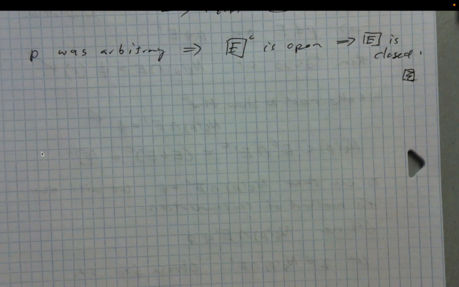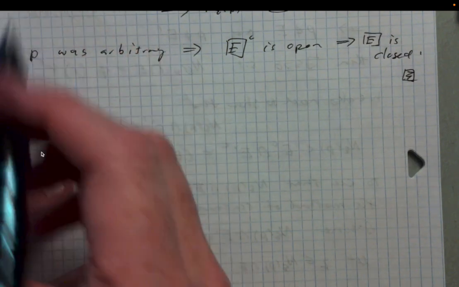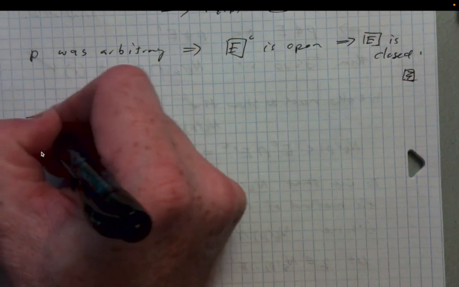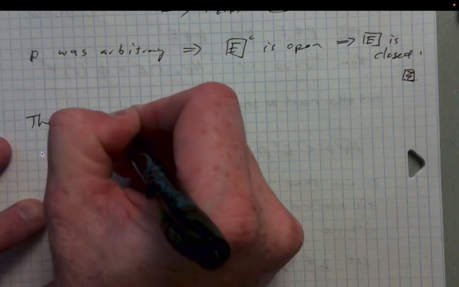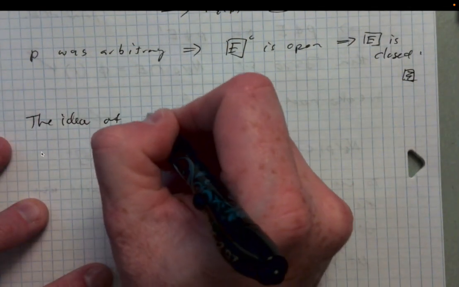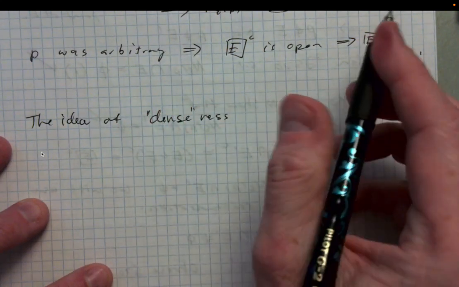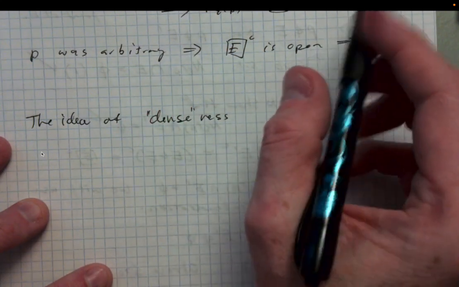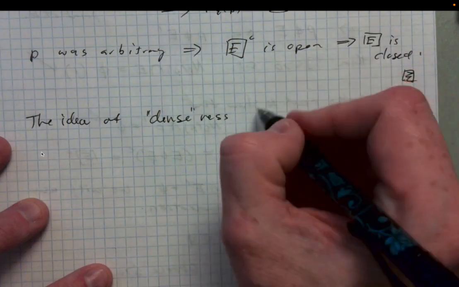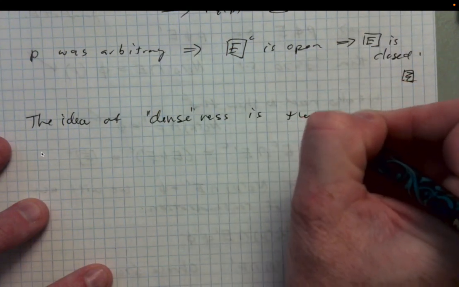I can't create a ball around any rational number that's small enough to not include more rational numbers. And so the idea of denseness